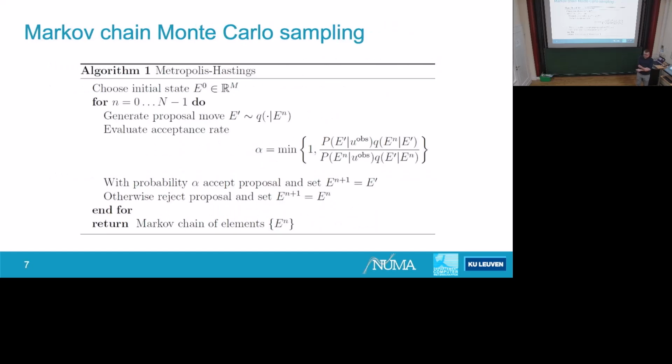This is Markov chain Monte Carlo in a nutshell. I suppose you've seen this yesterday already too. So you take an initial state, you generate a proposal, and based on the likelihood and the prior, you accept or reject the proposal. When you accept it, you just add it to the chain. When you reject it, you add your previous sample again to the chain, and then you run until you think you're satisfied. That's important to say, until you think you're satisfied, because usually you can't know if your chain is long enough, so you'd have to somehow estimate the stability of your estimated quantities over the length of the chain.